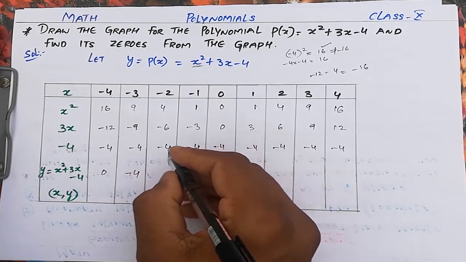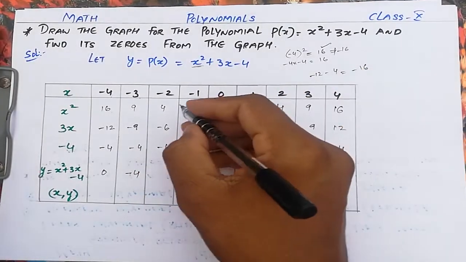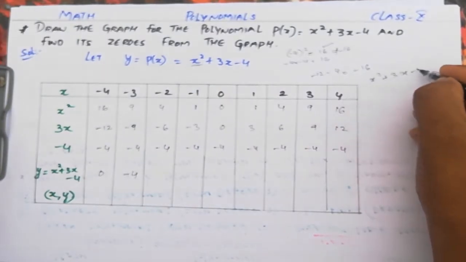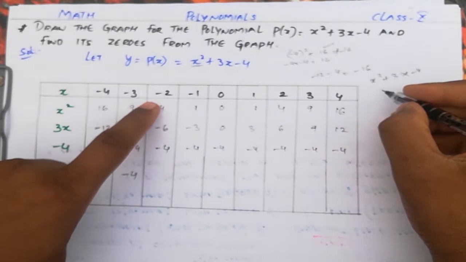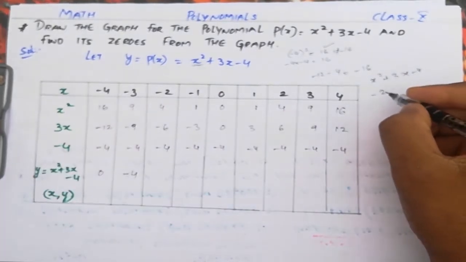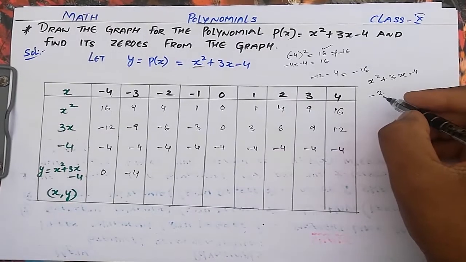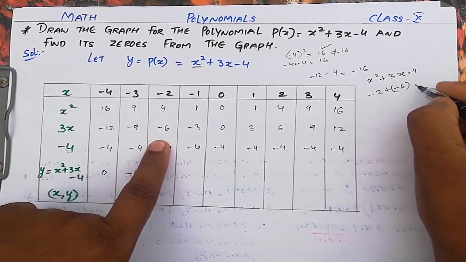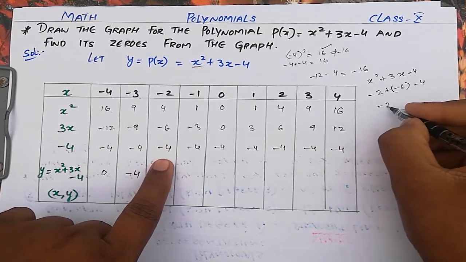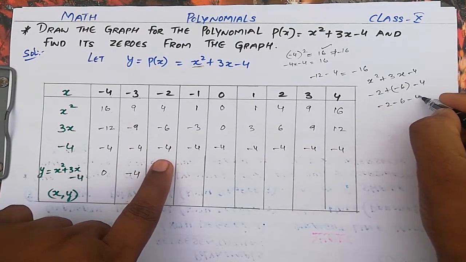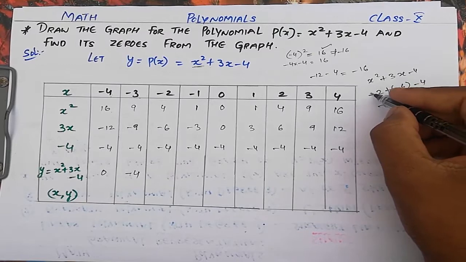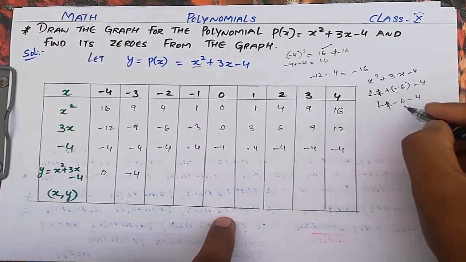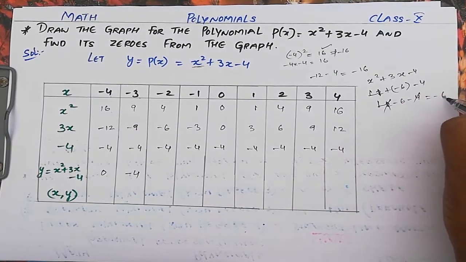If I have any confusion, I will say here, see, x square plus 3x minus 4 is the polynomial. X square value I am taking the third one, minus 2, plus 3x value, how much we got, minus 6 and minus 4. So minus 2 plus into minus is minus 6, minus 4. Sorry, not minus 2, this is 4 actually. X square value we have as 4. So this 4 will cancel, you will get minus 6.